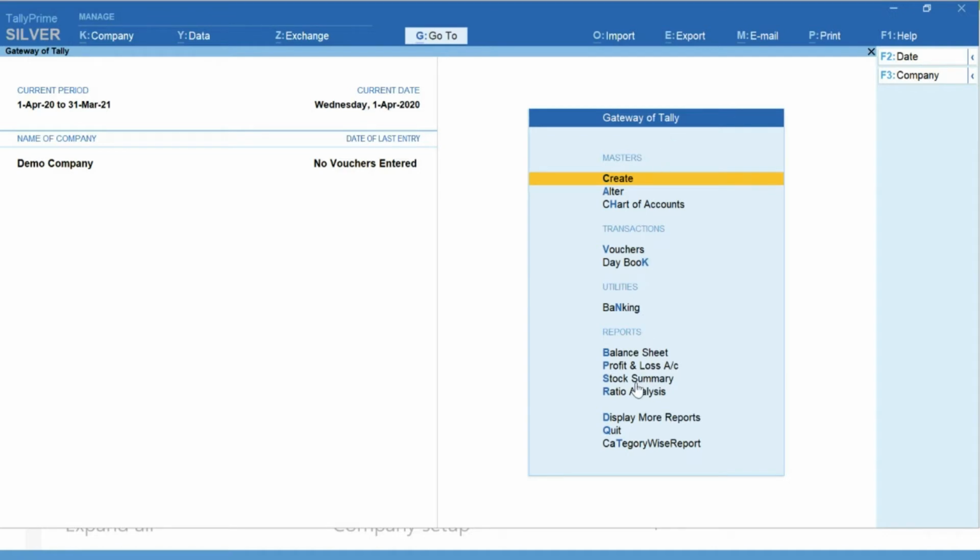If somebody wants to create cost center, someone has to go and switch on that button under F11, then only that option will come. So it actually becomes difficult for the new user. The people who already know and are using it, it's fine. Whenever you are teaching a new user, there is definitely a disconnect when the customer is learning it. Now, for him, the learnability has become very simple. You can tell him, boss, whenever you want to create any master, under Gateway of Tally, there is one button called Create. You can go to Create and you can create any master.